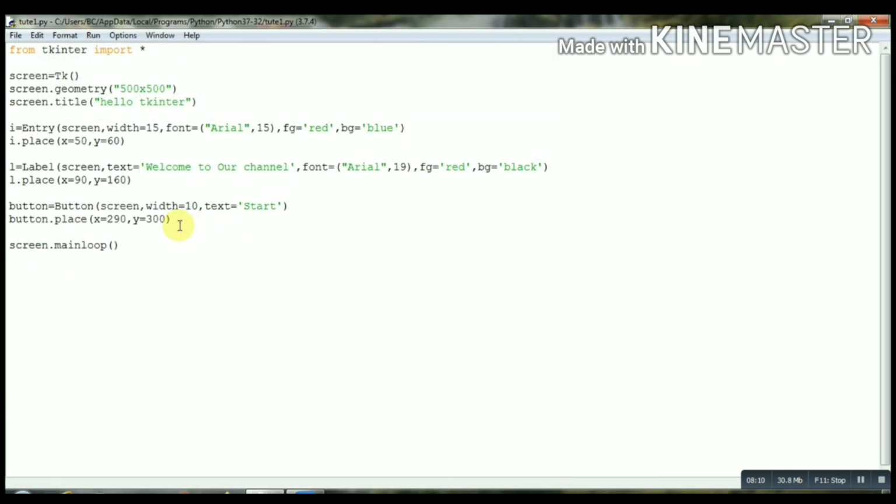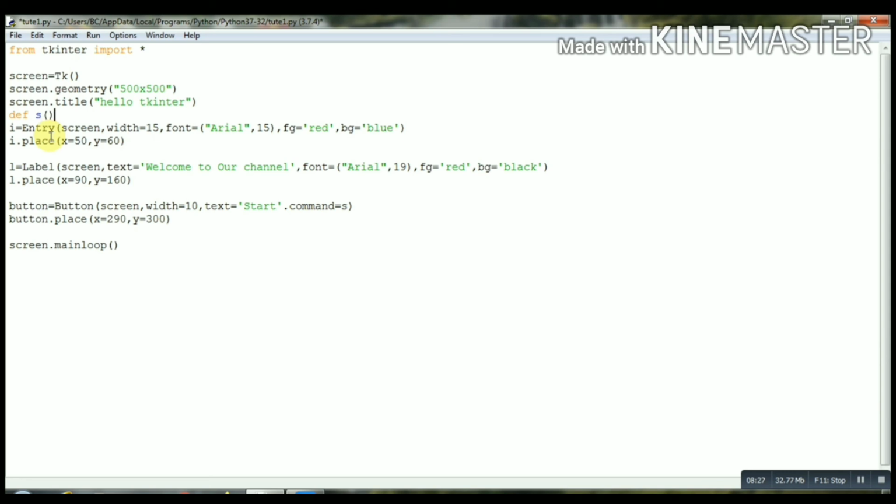Now guys, how can we give a task, meaning how do we give a command to a button? For that we write command and give it a function, let's say s. We are passing the command that whatever is written in the s function, it has to do after pressing the button.